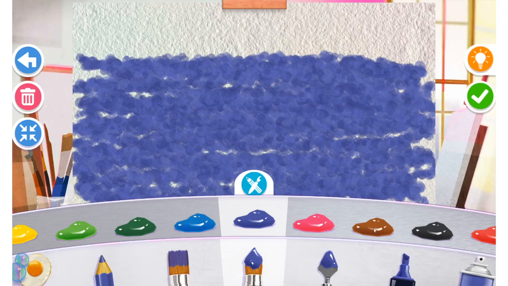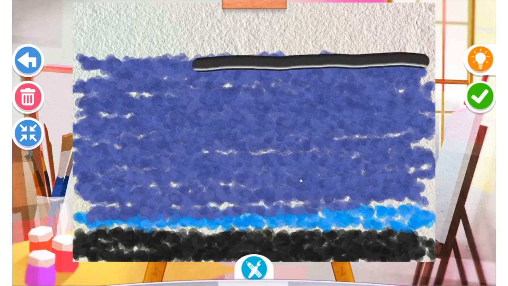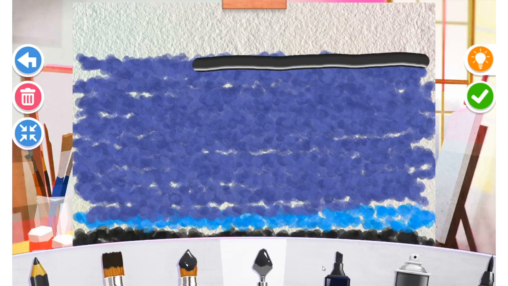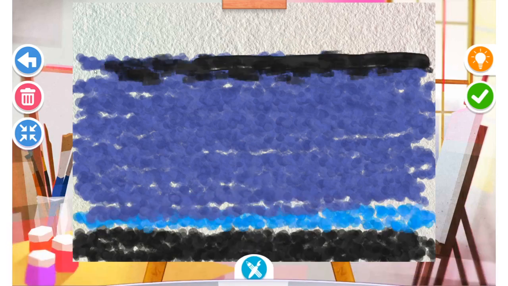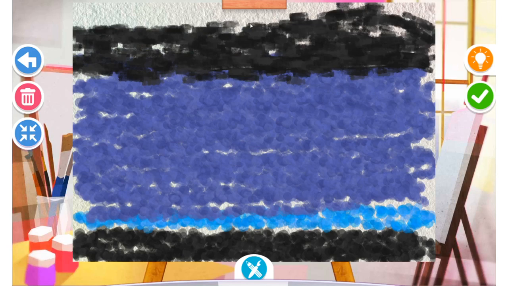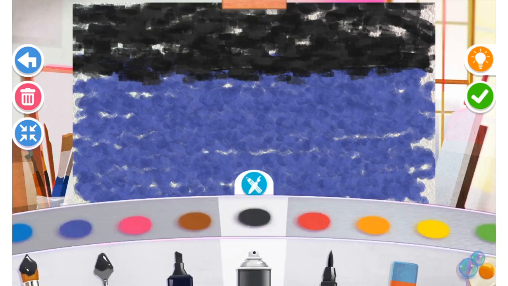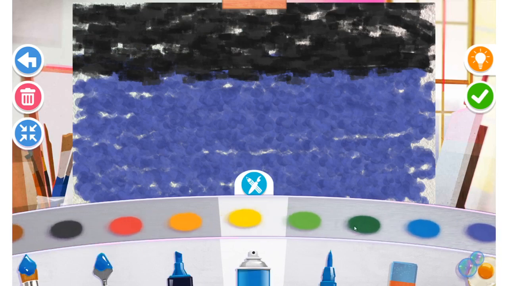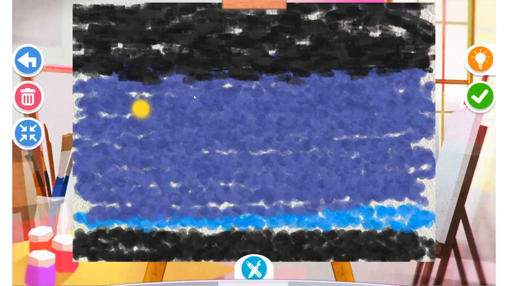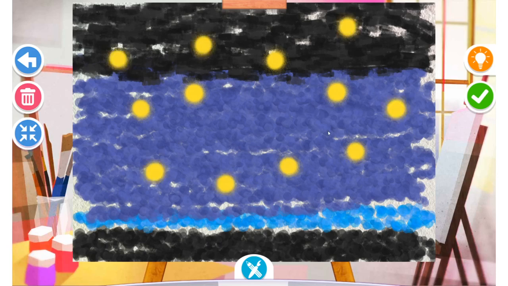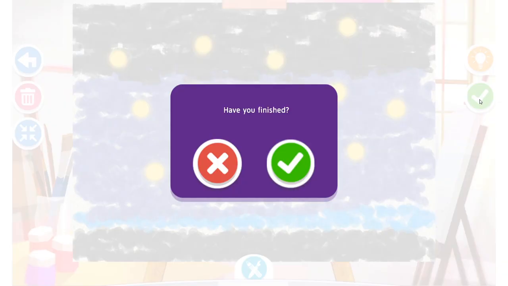I'm gonna add a new paintbrush, and I'm gonna add some black up here at the top. Oops, no, I don't like that one. That's the one I wanted. So I'm gonna come over here. Yeah, that's better. And I want to make the black up at the top where it's really dark at night. Then I'm going to come in, and you know what? I'm going to be fancy. I'm going to try and make, well, they don't have light. But that's okay, because I can still make little stars. So when I'm done making my sky, I'm going to hit the green button, and it'll say,